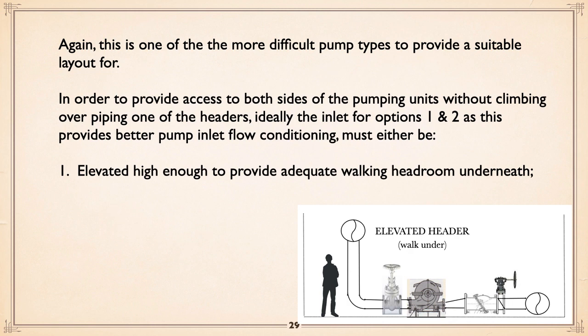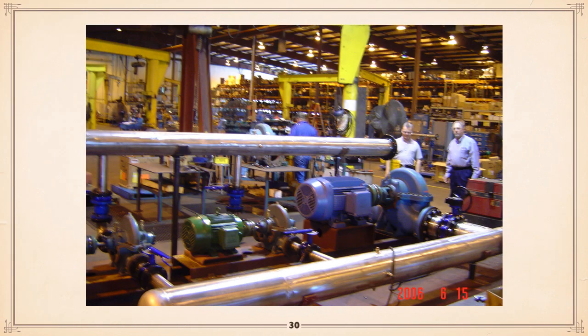Elevate the inlet header and appreciate coming down like that. That elbow at the bottom is not a problem to the split case pump, not a problem. It's elbows that are in the same plane as the shaft that cause a problem with unequal inlet. This is just fine. So you've either got an elevated header that you walk under, and this is kind of